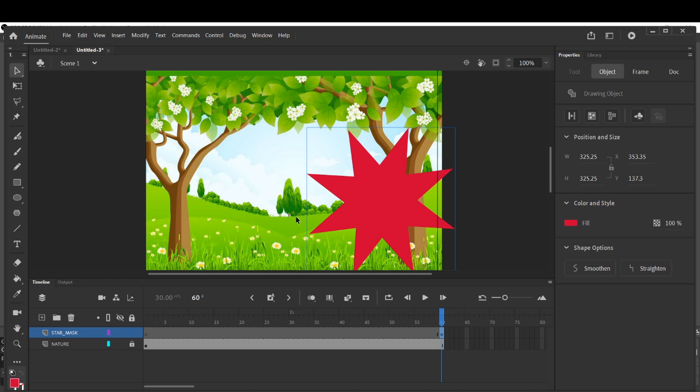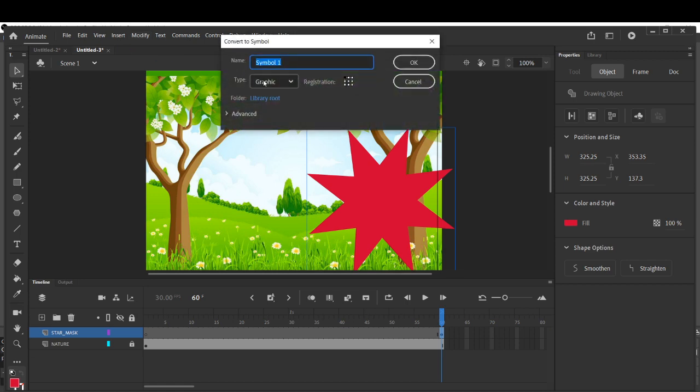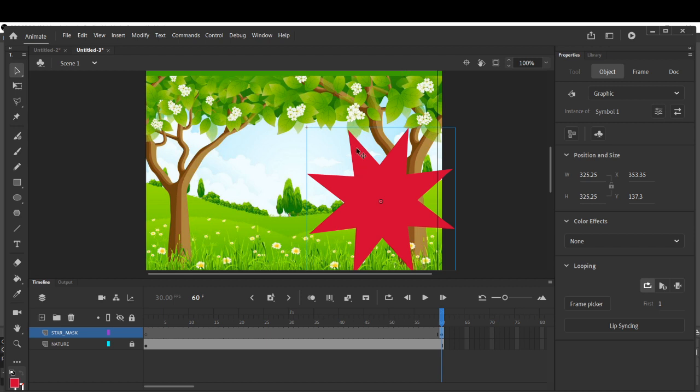Now click on the selection tool and select the star. Now convert it into a symbol by pressing the F8 key or click on Modify and Convert to Symbol. So now we are converting it into a symbol. It's converted into a symbol, children.